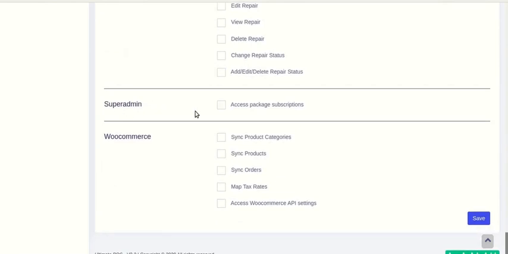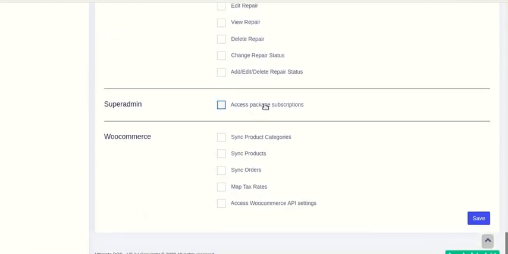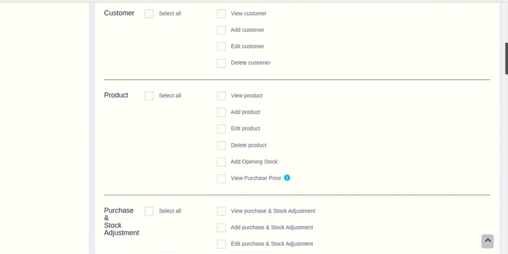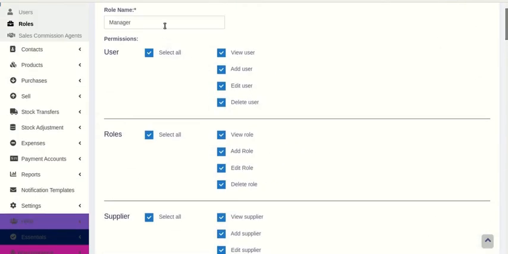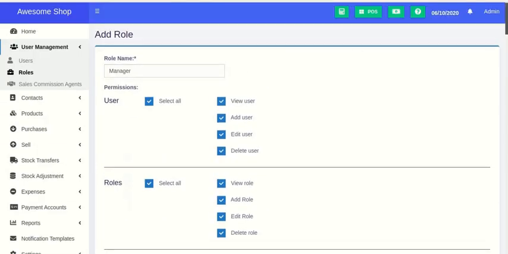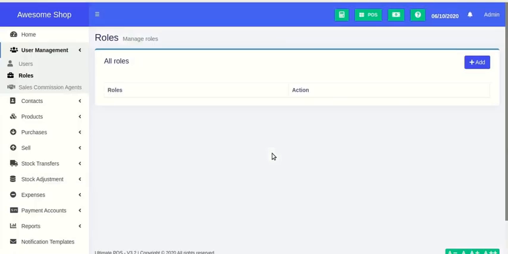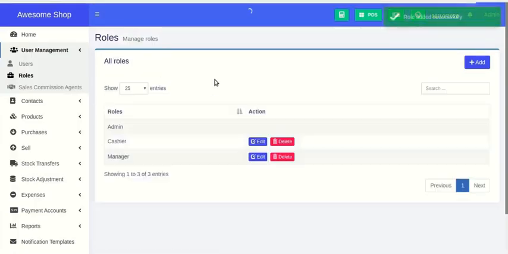And for the super admin, if you want to give the permission to access the packages, then you can enable this option, and here we have the WooCommerce related permissions. So you can select all the different permissions which you want the manager to have, and you can save it from here. So after we have created this particular role,